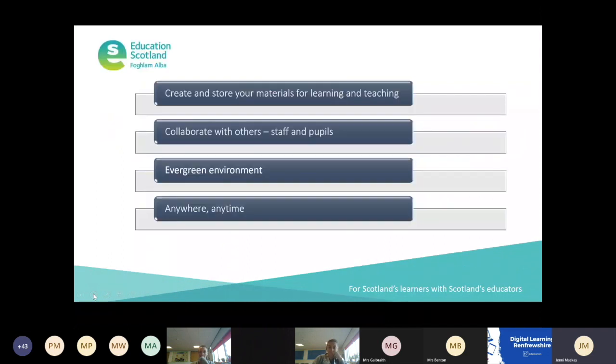Okay. So why do we want to use Glow, Office 365 and OneNote? Essentially you can create and store your materials for learning and teaching, collaborate with others, and it's this evergreen environment, meaning that you're not needing to worry about, do you have the latest version? Is it going to be compatible? The other good thing about the evergreen environment means that if you have more senior pupils,